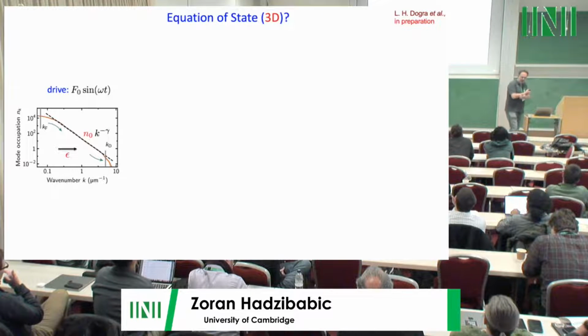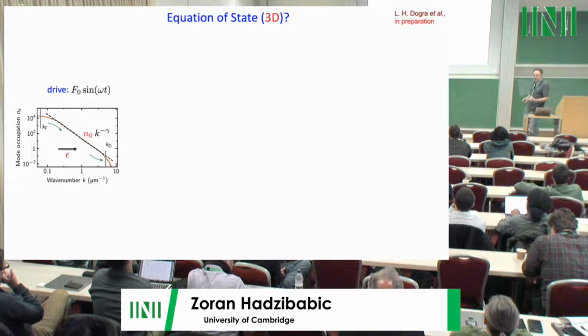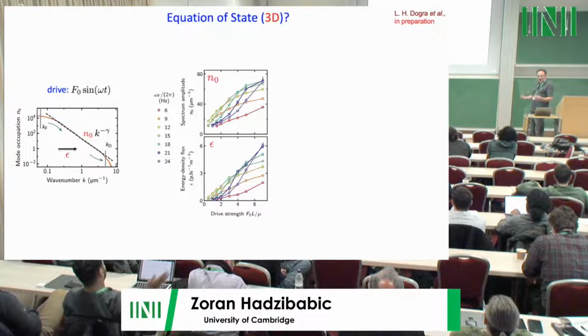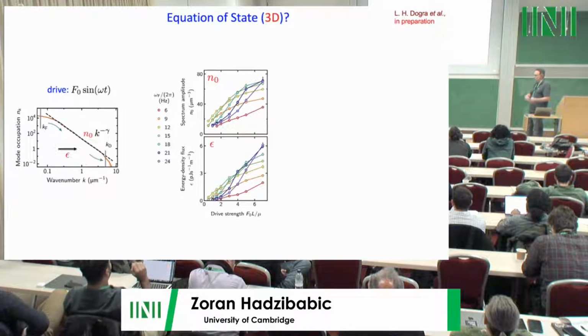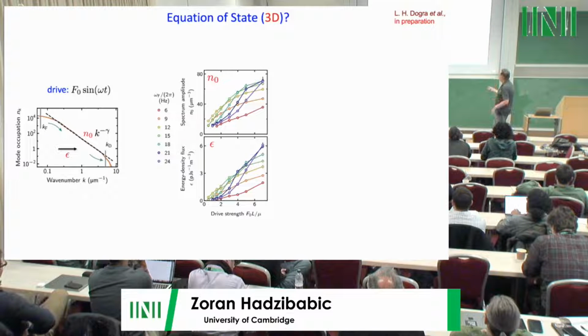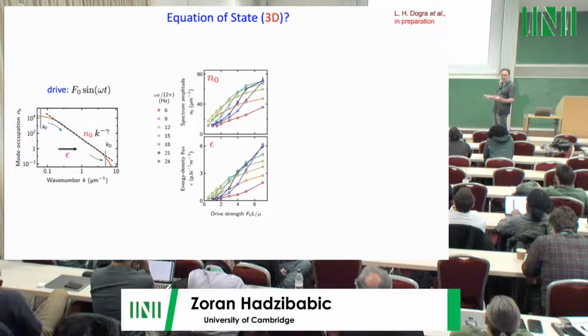And so you might think like, well, maybe both of those depend on how you drive the system. Right? And they do, but in a very messy way. Okay? This is actually intimately related to the fact that dimensional analysis doesn't work for wave turbulence, okay? Because you have many special length scales, resonances in the system, and so forth. And so if you look at either the amplitude of this distribution or the flux that is supporting it, that is sustaining it, okay, they both look like a mess as a function of driving frequency and driving strength. You can anticipate some things, such as the harder you drive, the monotonically they both go up, okay, but they go up in some complicated way where these curves have different shapes and even cross.